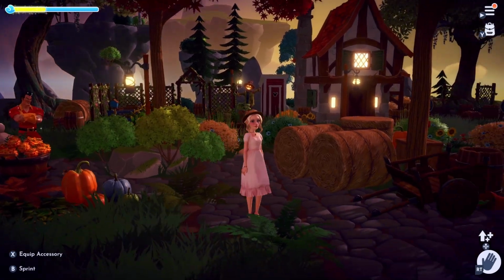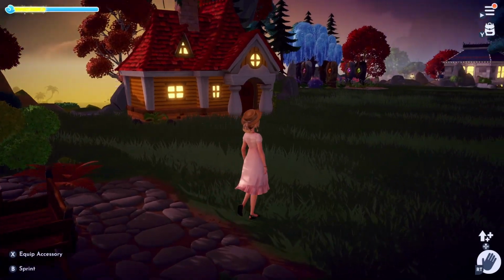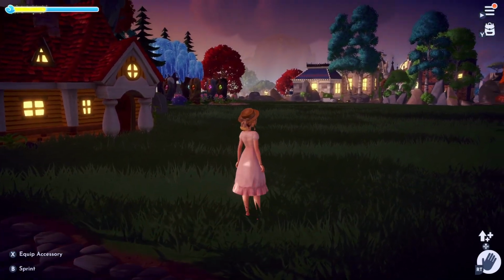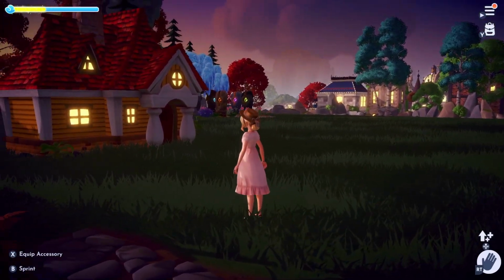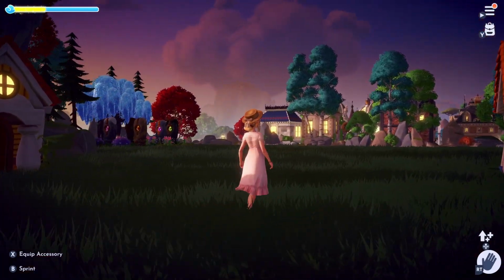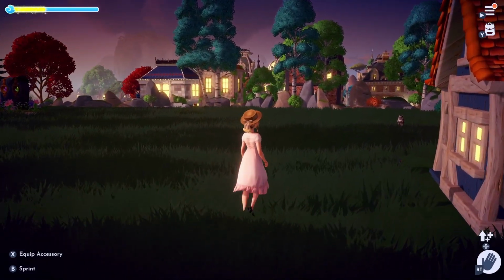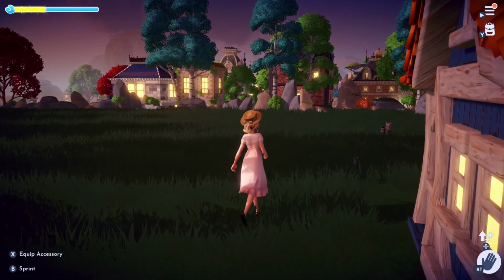Now these two would be perfectly fit for a more cottagey forest, so I think I will lead out to Goofy and Mickey's houses in the future, and that will lead us down to our plaza, which is going to be our next